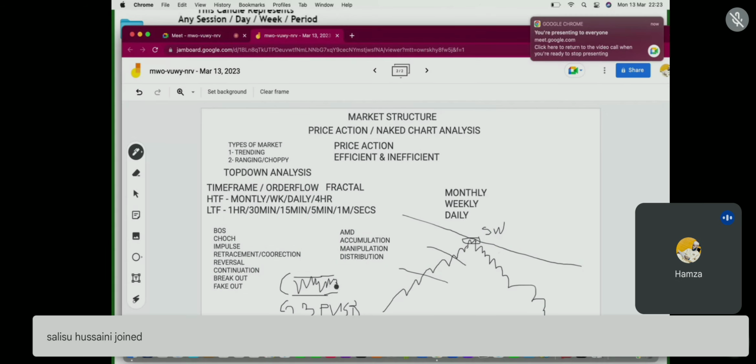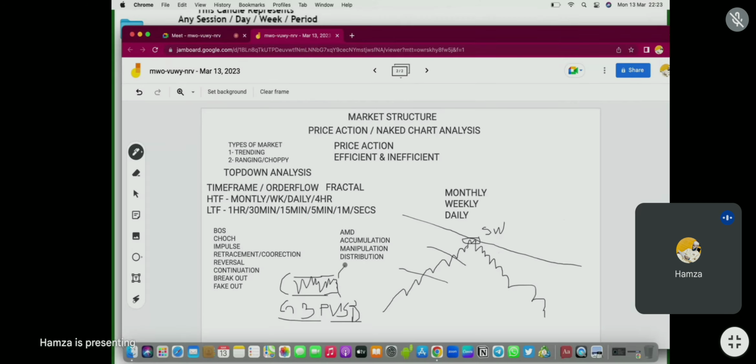The manipulation could be to the downside of the range or to the upside of the range. When we have the manipulation, we would then have the distribution either to the upside or to the downside, depending on the entire narrative you have, which of course, guys, calm down. With time, all of these things will make sense to you. I promise you that, God willing. Now, certain terms that I want you to have in mind is,